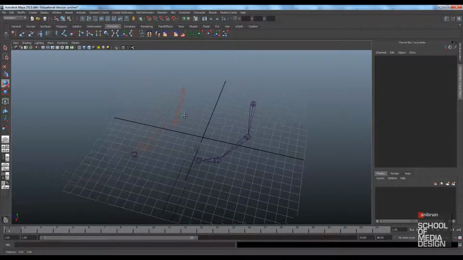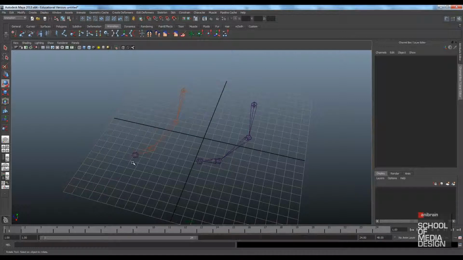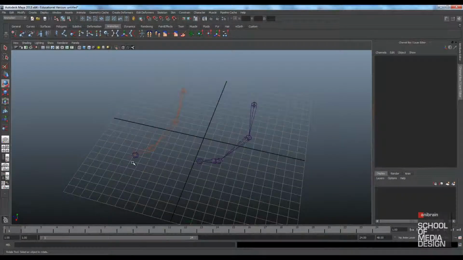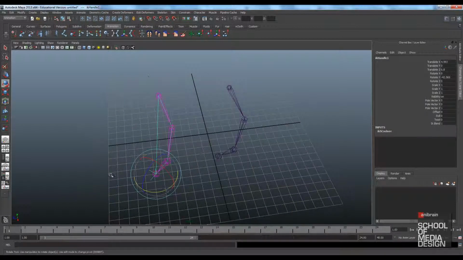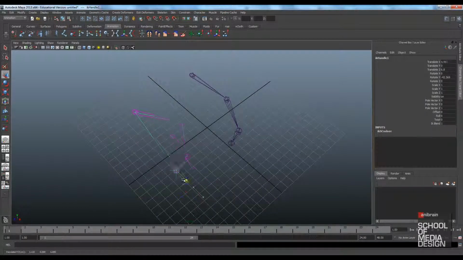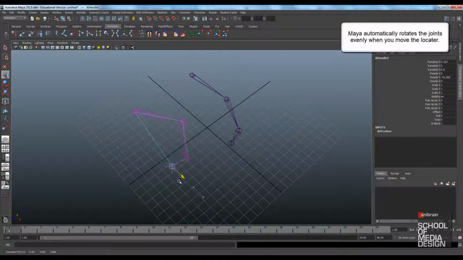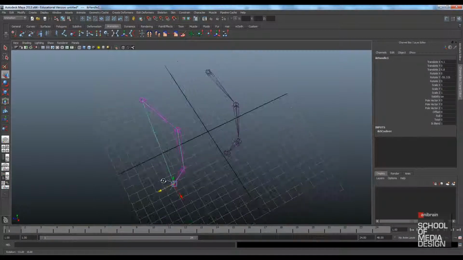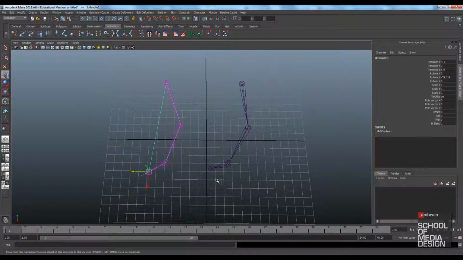Now we'll see the same thing with the IK system. The IK system is the opposite of that. You just have to move the bottom of the chain by selecting the locator and it influences every joint above it. That is, here we'll select the locator and if you drag the wrist part, then it is also going to move the elbow and the shoulder part accordingly. So this is how inverse kinematics and forward kinematics work individually.